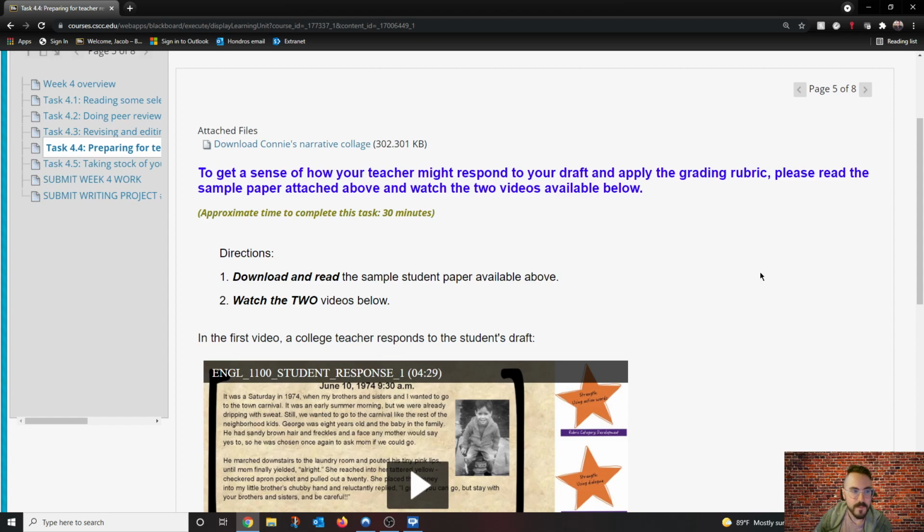After peer review, if you feel like you didn't get as much feedback as you wanted, feel free to contact other class members to ask them to read your paper, ask family members or friends outside of the college to read your work. You can also go to the Writing Center on campus. I know that the Writing Center is open at the downtown campus. The Delaware branch might also be open. I'm less sure about that.